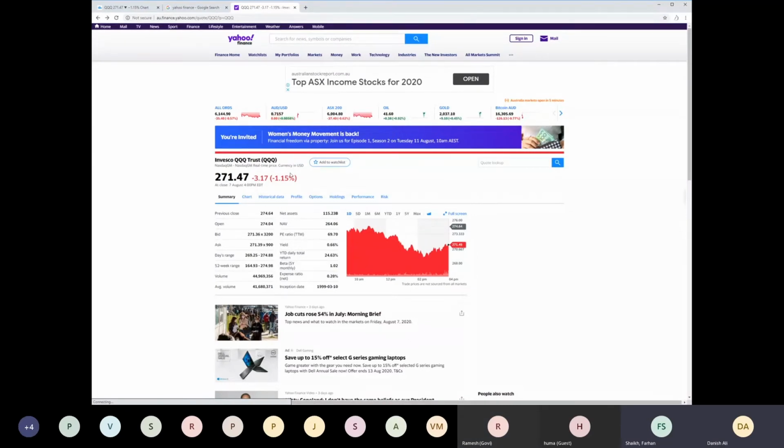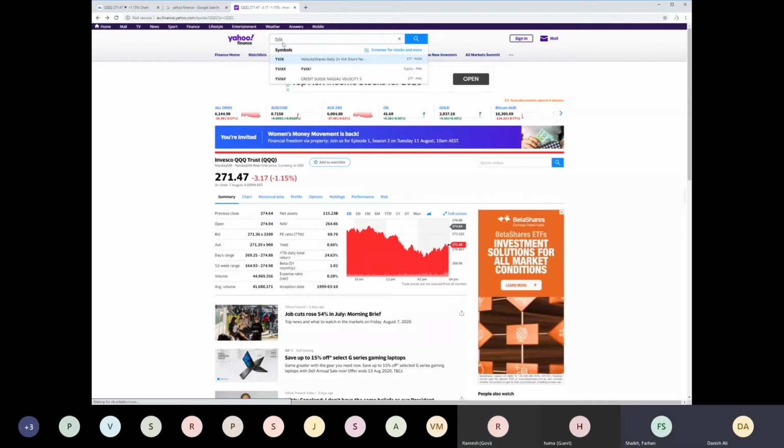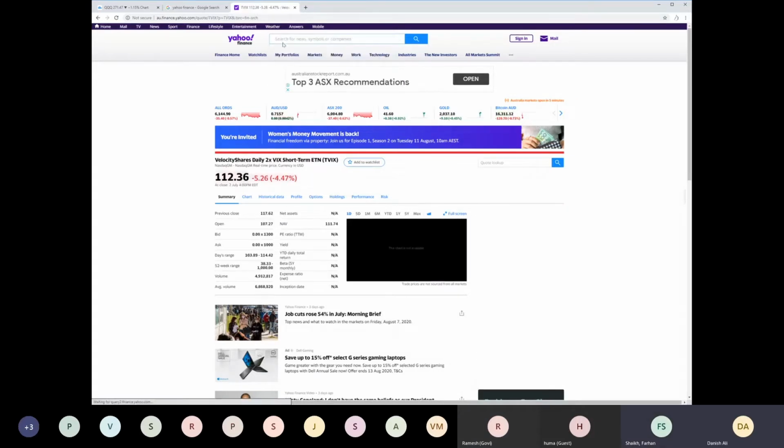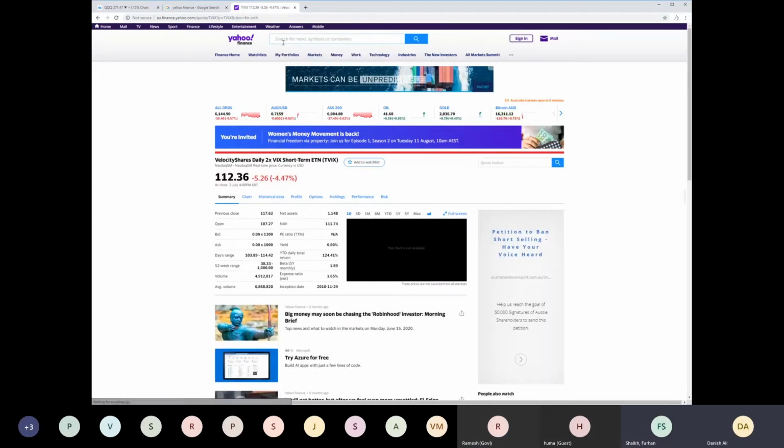I don't know which particular index you were tracking with that ETF. It was something called TVIX. Oh, VIX. Of course they will close that. Come on, you were tracking VIX. You were tracking fear. Nobody's scared as of now. Is anybody scared now? No one's scared.